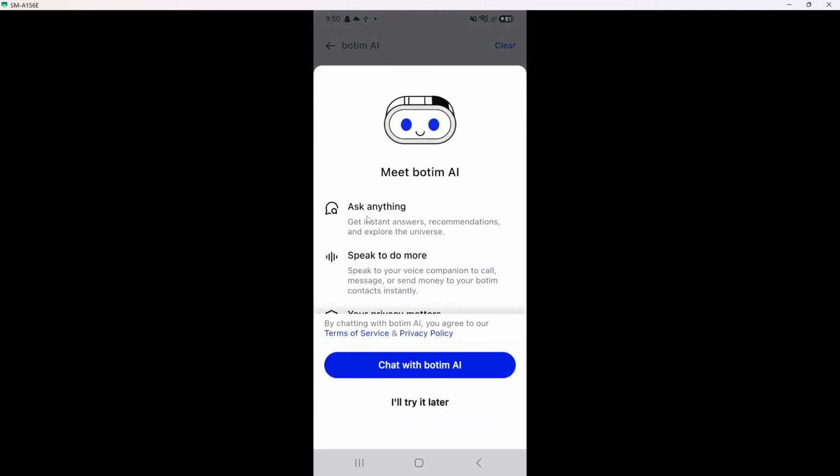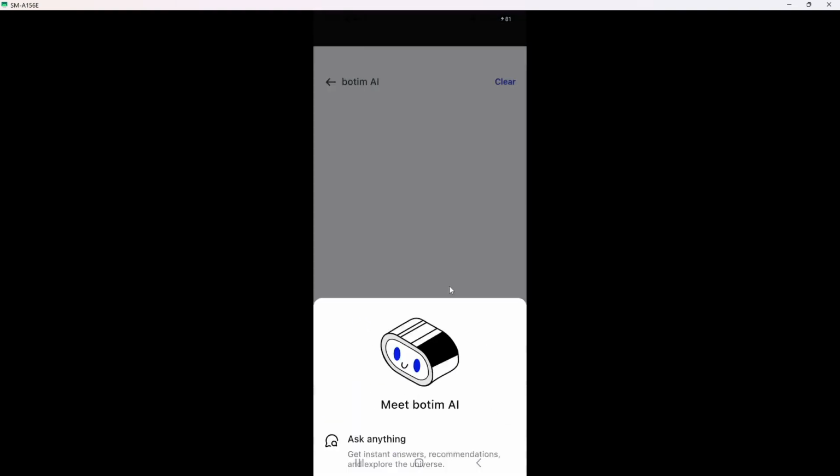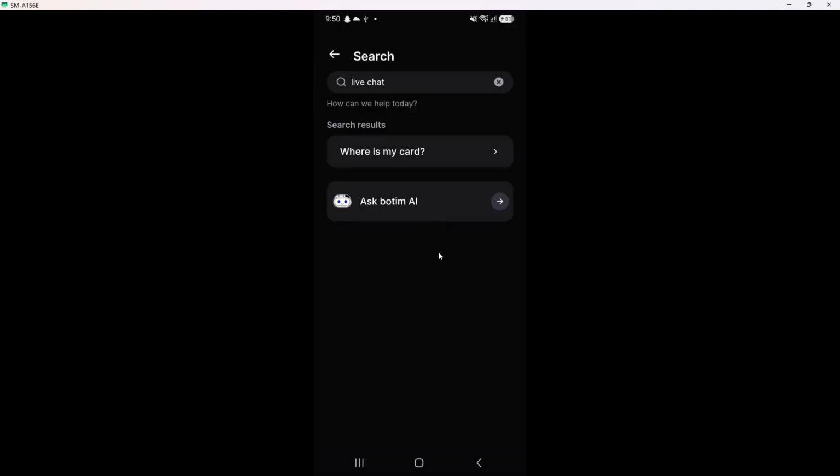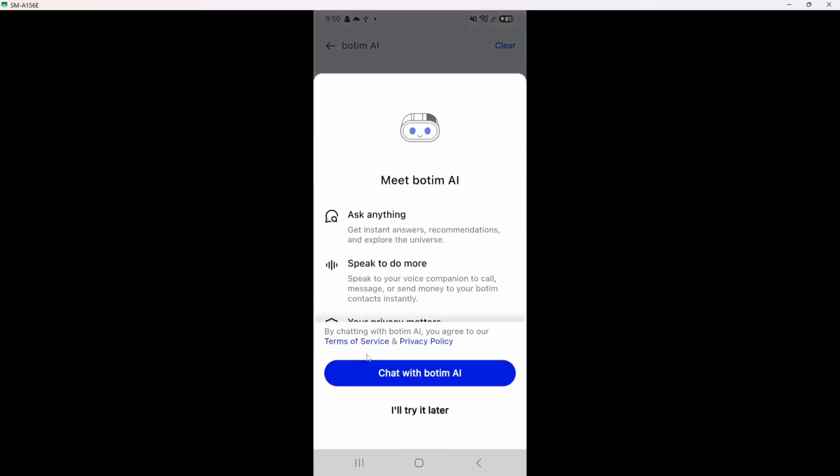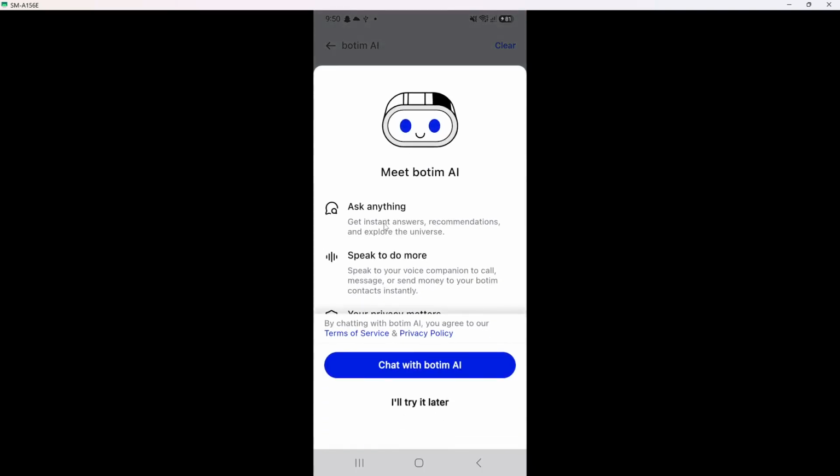You will be prompted with an AI when you enter the live chat. This AI is programmed to assist you with basic inquiries and can often resolve simple issues instantly. It may ask you a few questions to better understand your situation. Interacting with the AI can streamline the process, ensuring that you get the most relevant information quickly. If your issue is complex, the AI will guide you through the next steps.